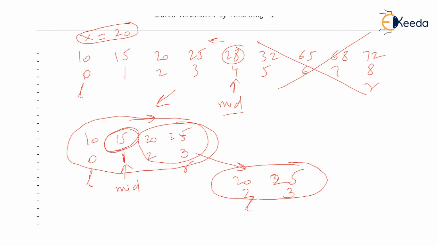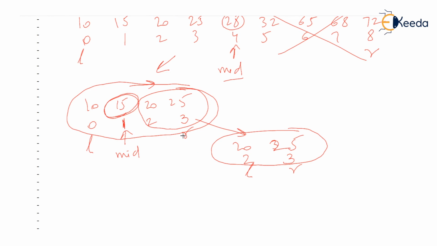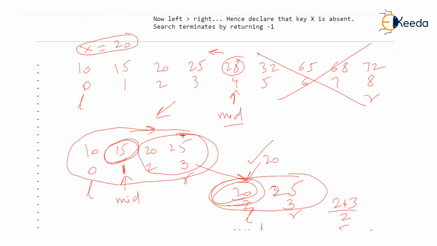We find out the midpoint now. Midpoint is 2 plus 3 upon 2, which is 5 upon 2, which is 2. So mid is 2, and we simply check this mid. Is it storing the value 20? It is, and the value is found at the second place. Possibly this diagram explains the divide and conquer strategy, where we repeatedly find out the midpoint and we either take the left partition or we take the right partition to search.